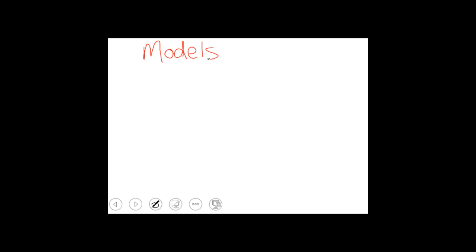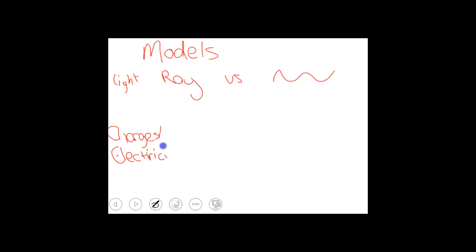And so when we talked about light, there was the ray model versus the wave model. And now when we're talking about charges or electricity, because the two are intimately related, you see T-R-I-C-I-T-Y, there is the charge model,